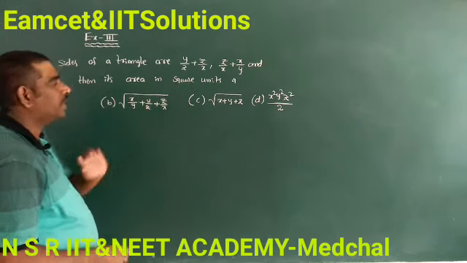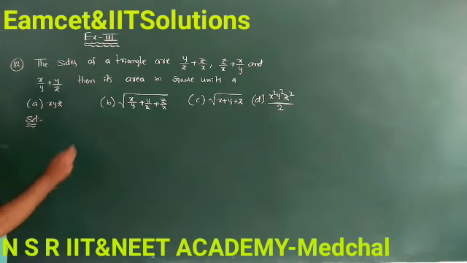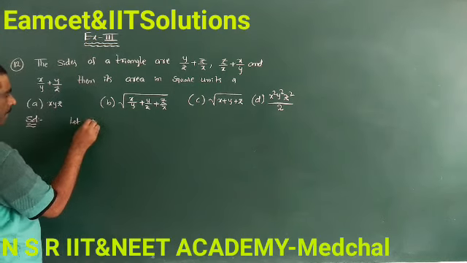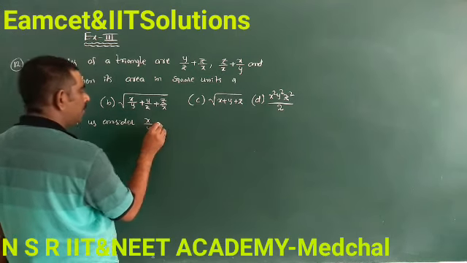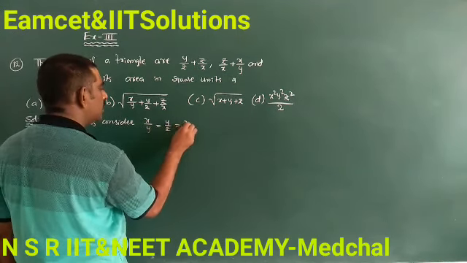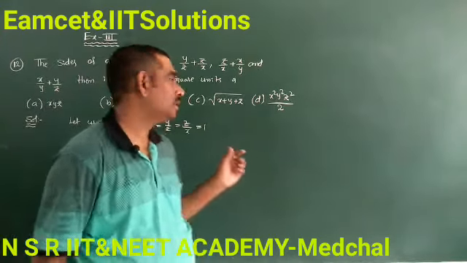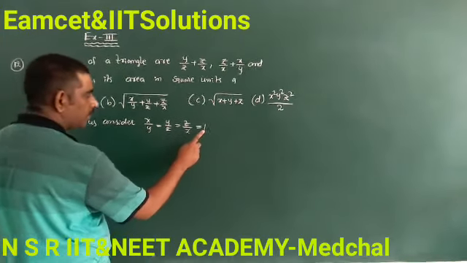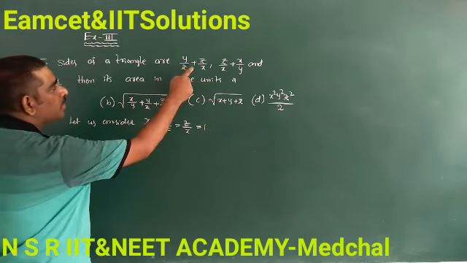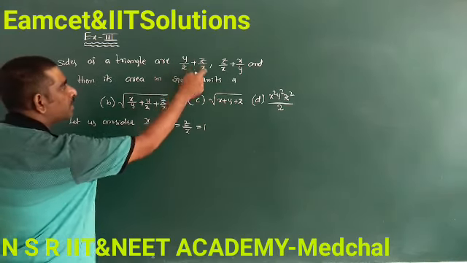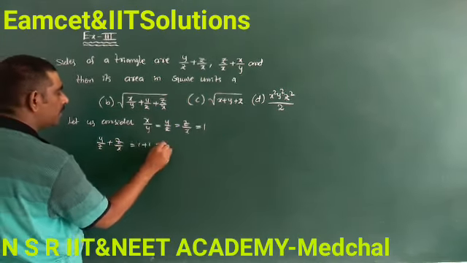So the area in square units, see here, but the options are all in terms of constants. So that's why it is very important. So let us consider x by y, y by z, z by x equal to 1. We don't know the values, so let us consider this value is equal to 1, and in the final answer, in the place of 1, we substitute these values. So the first side becomes y by z 1 and z by x 1. So y by z plus z by x equals 1 plus 1 equals 2.